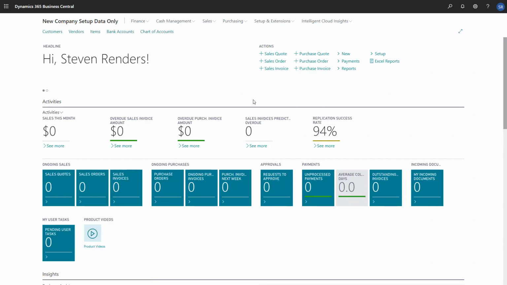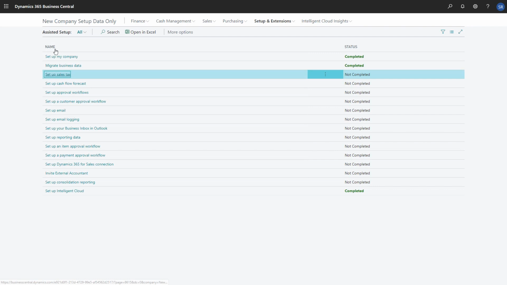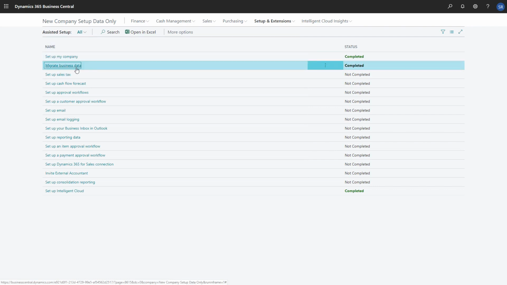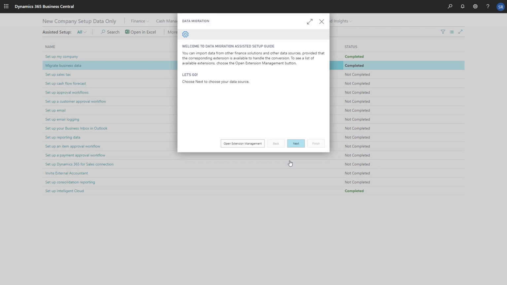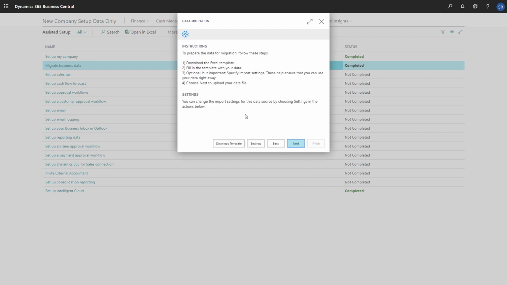To migrate data from Excel, what I will use is the assisted setup. In the assisted setup, I will then launch the Migrate Business Data wizard, and you can run that multiple times if you would like to. What I will do is select the next button, select the option Import from Excel, and then I need to